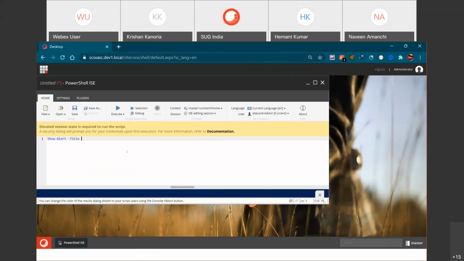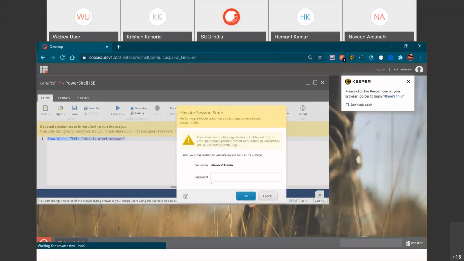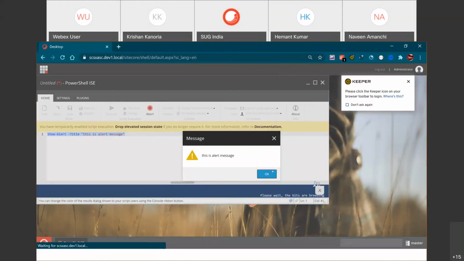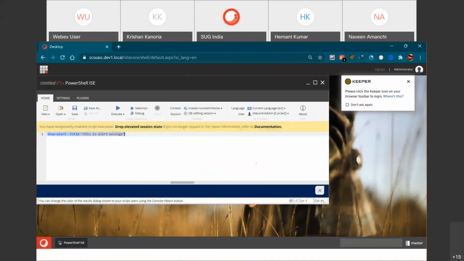This is one commandlet for that, the alert message. If someone is reviewing the progress of the running report, then they can see this message that something is happening. If their intervention is required, then they can act.